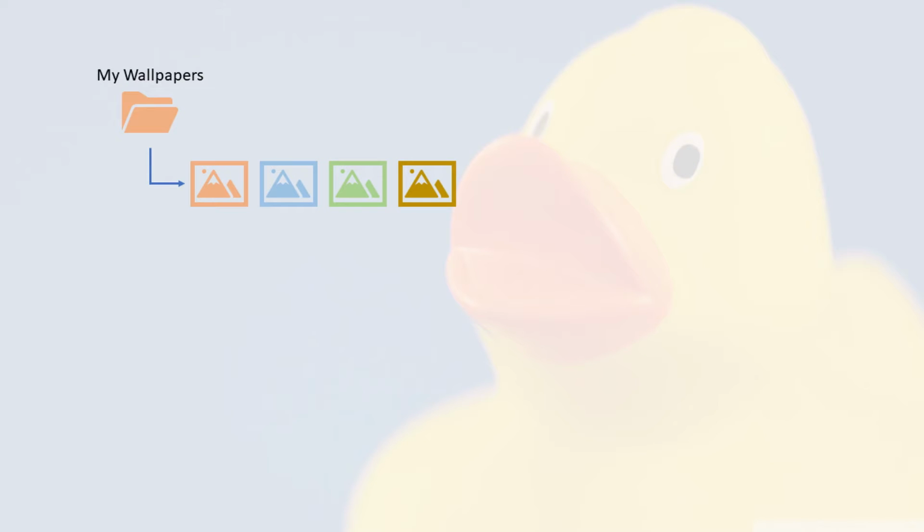The way we do this is to set up folders that we will store each category of wallpapers in. So for example, I tend to keep all of my wallpaper files under a My Wallpapers folder, as you can see here. If I set my desktop wallpaper settings to point to this folder, then it will cycle through the wallpapers I have in that folder, as you can see happening here.